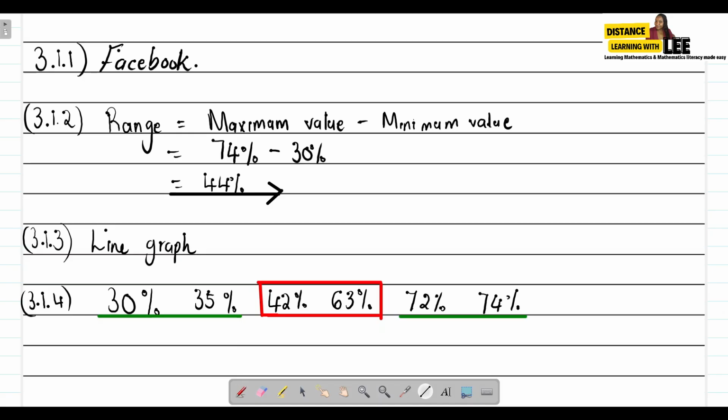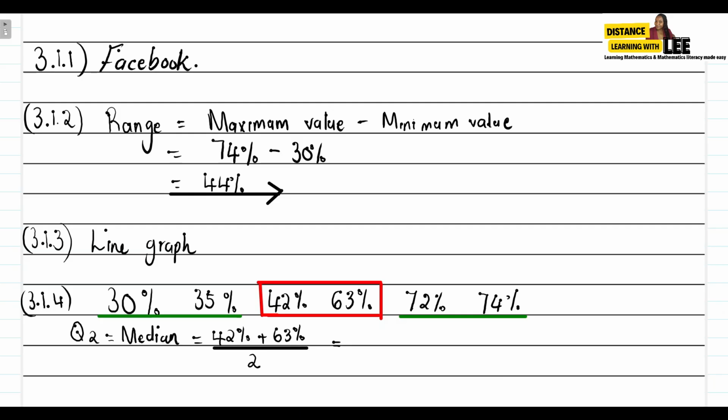So we're going to say Q2, which is the median, is equal to 42% plus 63% divided by 2. Because the median will be a value that is actually in between those two values. So if you take 42 plus 63 and you divide that by 2, you'll get